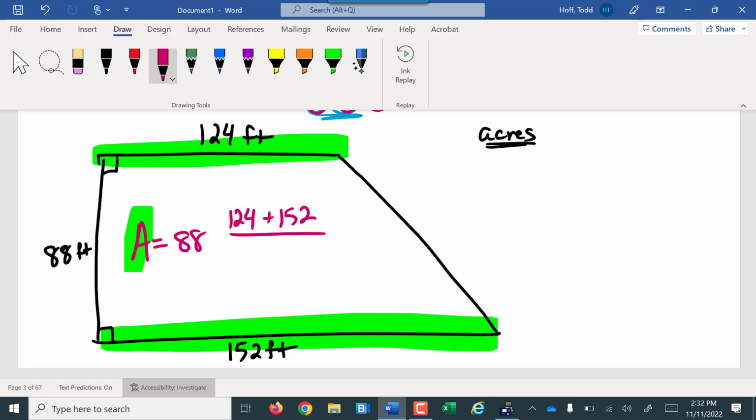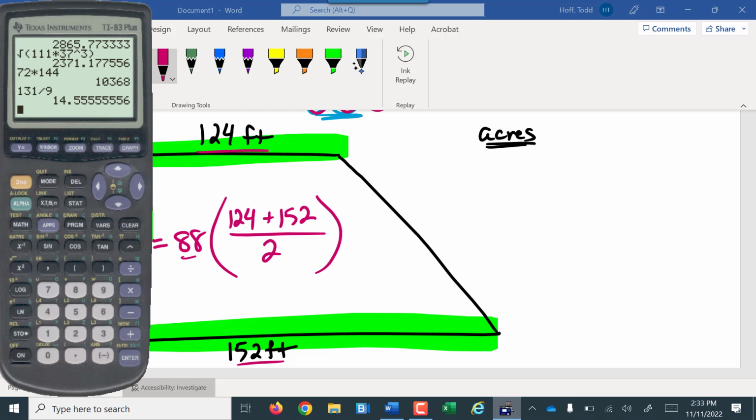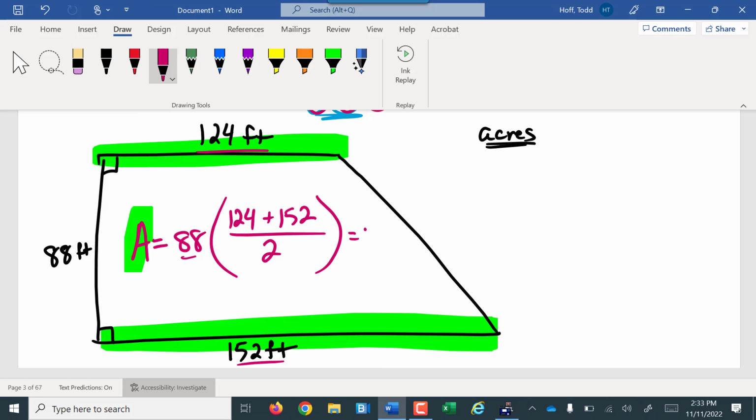It's the average of the bases. So the 124 and the 152, you add them together and divide by 2, then multiply by the height. Usually I put the height afterwards, but it can go either place. So add them together, divide by 2, then times the 88. We get 12,144